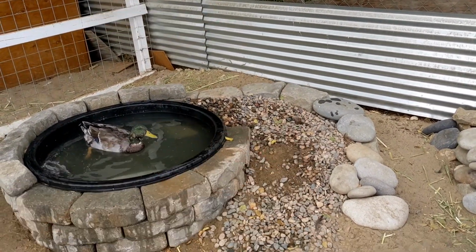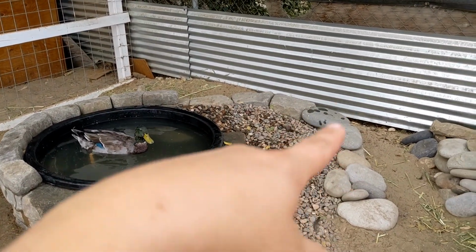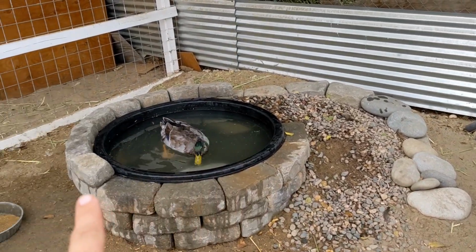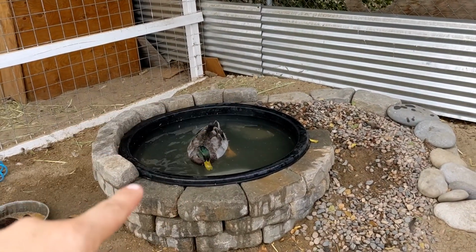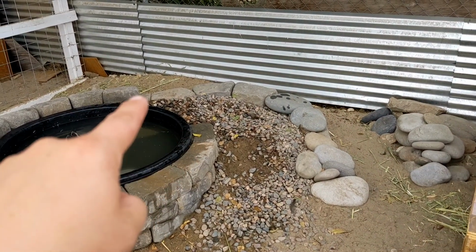The chickens kind of scratched it up, so we're gonna have to add more. But we have the pavers. We're gonna get some more to put right here just to make it more uniform. And then we got these small ones to put around. And I don't know if we're gonna bring them all the way around to right there and then bring them